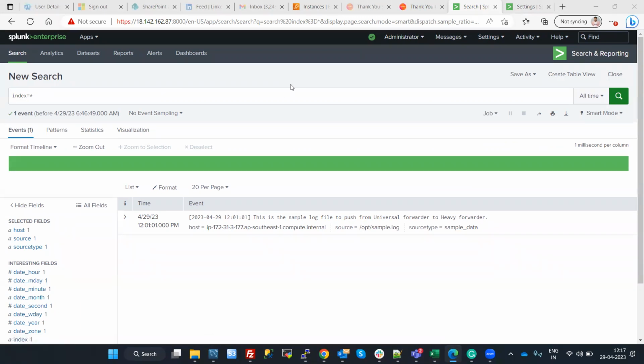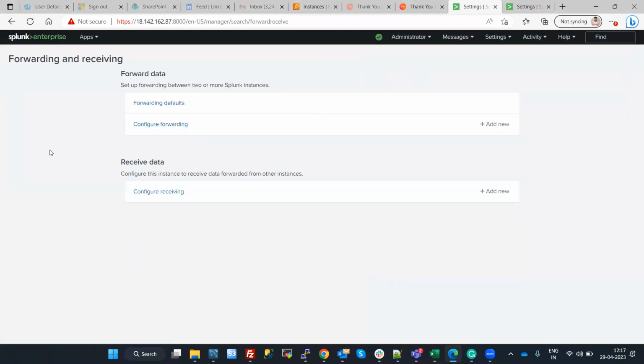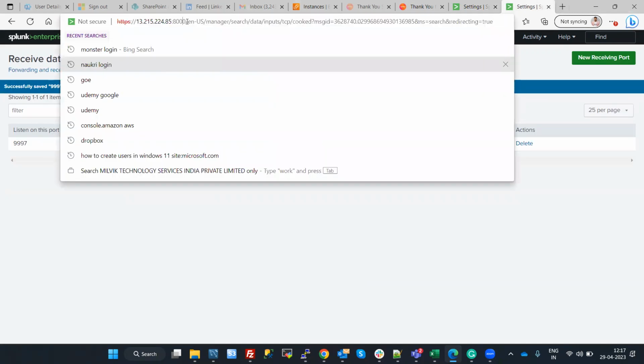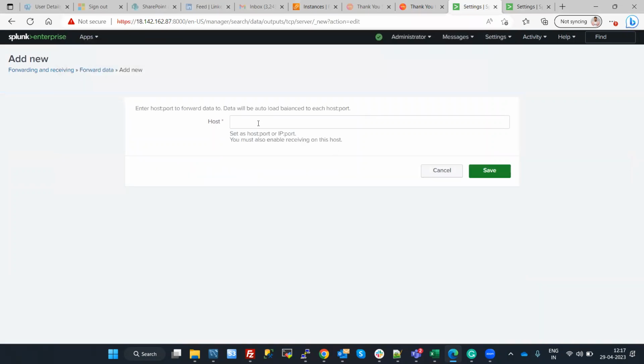Okay, so now we want this instance to act as a heavy forwarder, right? So what we'll do, we will enable the forwarding of the data as well. And we don't want this instance to keep a copy of the data. We just want it to do the parsing and forward it straight away to the indexer machine. So let's configure forwarding. And we want it to forward the data to this indexer machine. So let's take up the IP of this indexer machine, put it here,